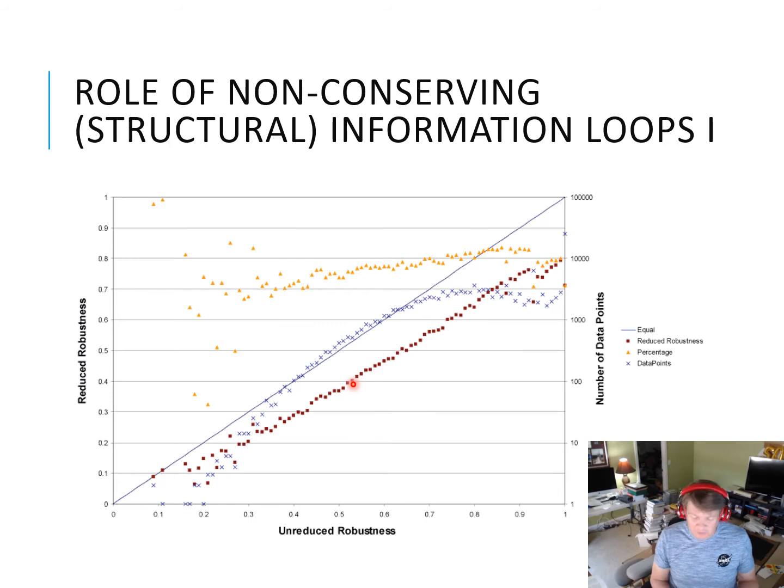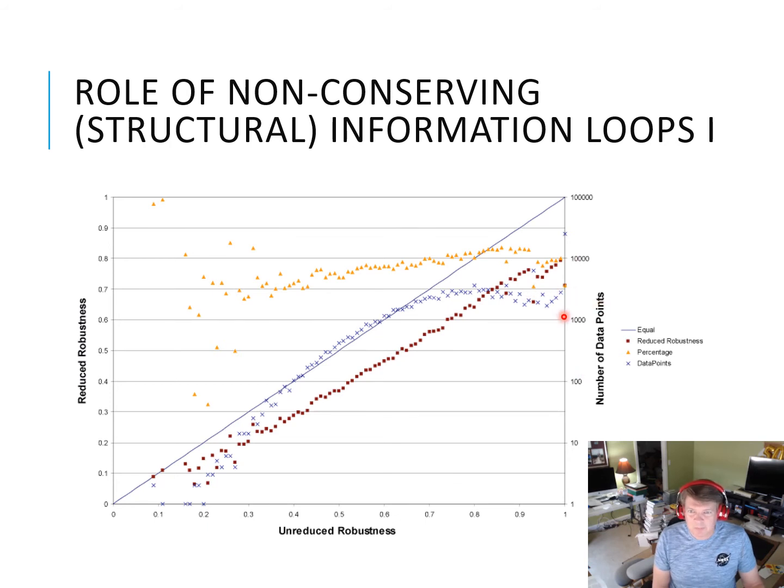So at the very least, we can say they may be functionally equivalent, the reduced and the unreduced networks, but the reduced network is less robust to external changes. You can see we're basically running this on millions of random networks, finding the robustness of the original network, identifying the dynamic core, calculating the robustness of that, and then averaging over thousands of different runs.